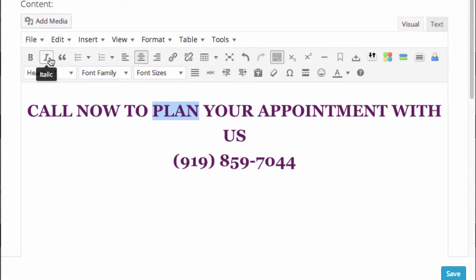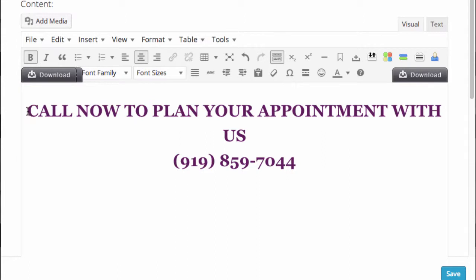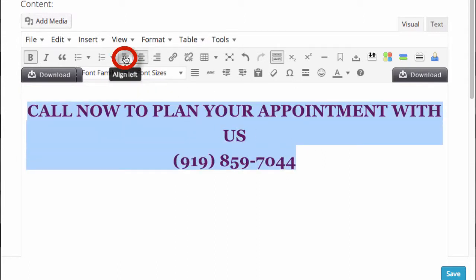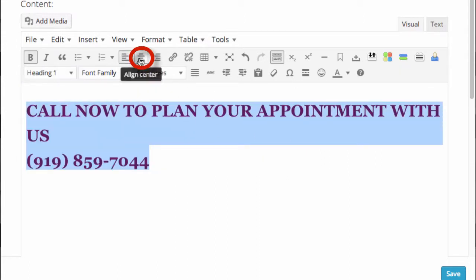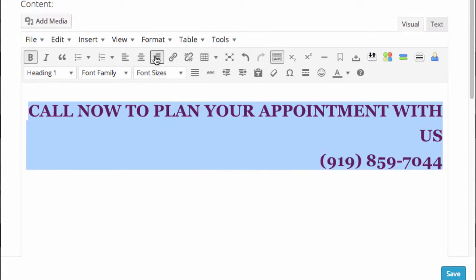Same for the italic icon. Use the I to italicize. Do it again to turn it off. The highlighted text can be aligned to the left side, centered, or aligned to the right. Text can also be aligned justified, which means aligned both left and right, by pulling down the formats and then alignment